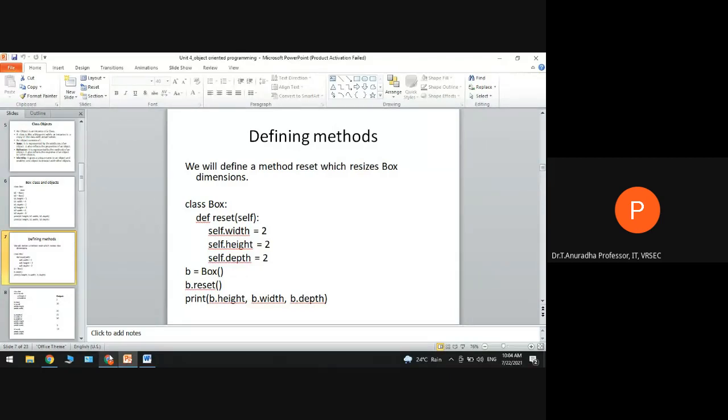We need to use the def keyword followed by a space, then your method name. So def, here I am giving a method called reset. So def reset, and you see within the parentheses we are using a keyword called self. I'm writing a method called reset in my class Box. So def reset, and the parameter you can observe here, I'm taking as self.